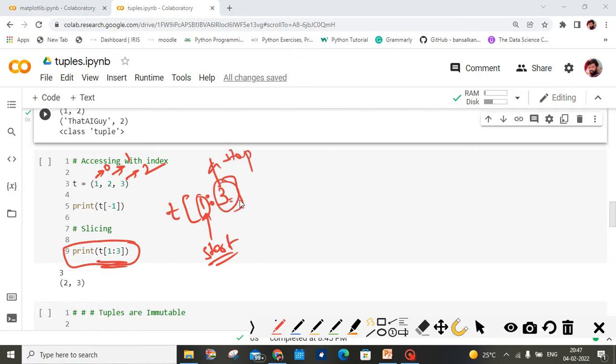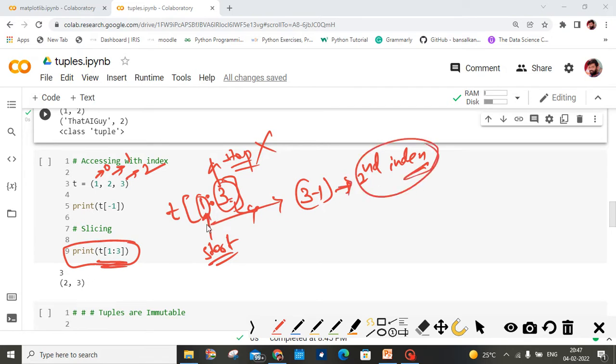That means it has to print up to 3 minus 1, the second index. At the third index it is going to stop. Then how many values will it print? Up to 3 minus 1, that means up to the second index it prints. If we start from the first index, up to the second index it should print. So 2 and 3 are printed.